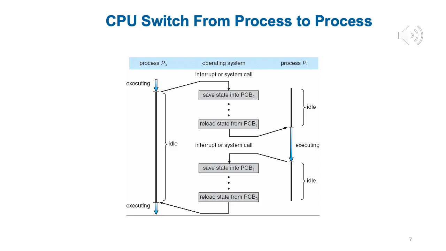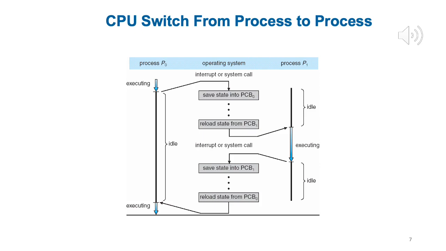Which instruction it was on, is that instruction finished or not, or are we stopping in between, what are the contents of registers? Basically all these kinds of things are saved. They are part of the state of P0 and they are saved in PCB 0. And now before we execute P1, if P1 was already running, then we reload state for P1.